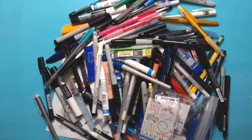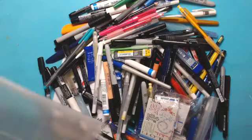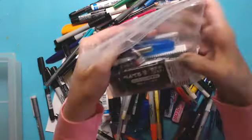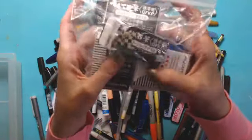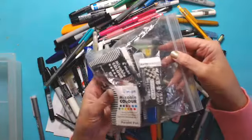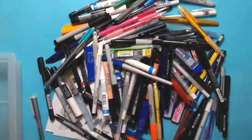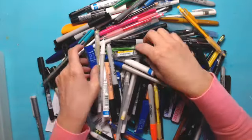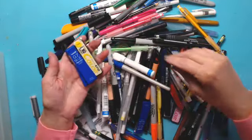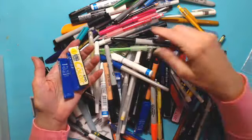I can put them in a drawer just for now, just so that I can move things off my desk, right? So I have all my brush pen refills, my parallel pen refills. I have those in a bag, because I do use these quite a lot. So I'll just put that in the drawer. So now let me go ahead and separate all my, oh, you know what? Let me get that other baggie that I saved from Jean, just to put all my